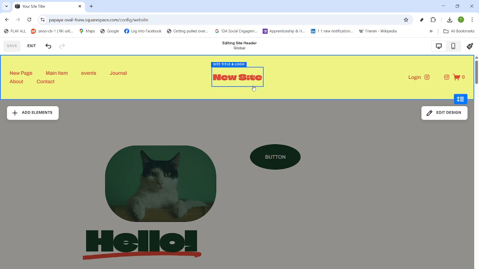That's it. You've updated your Squarespace site title quickly and cleanly. If this helped, keep going with other simple branding tweaks to keep your